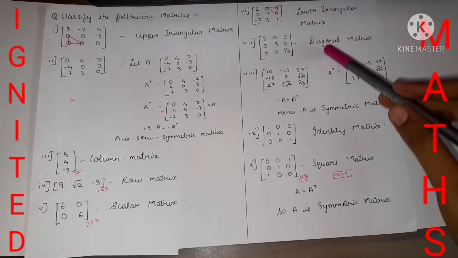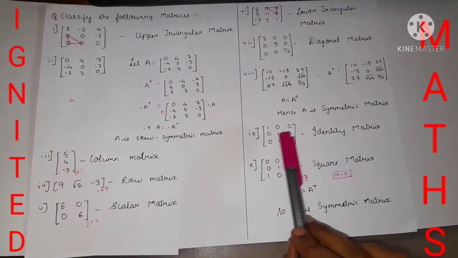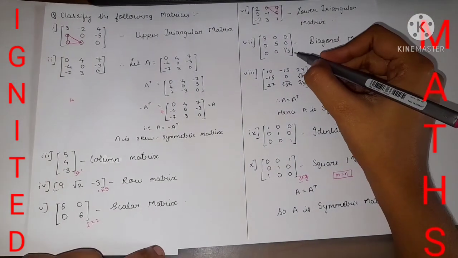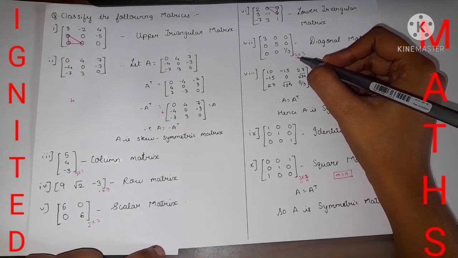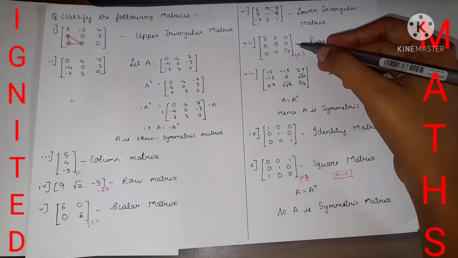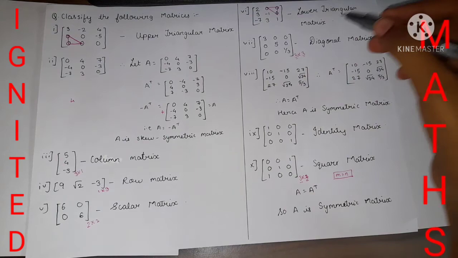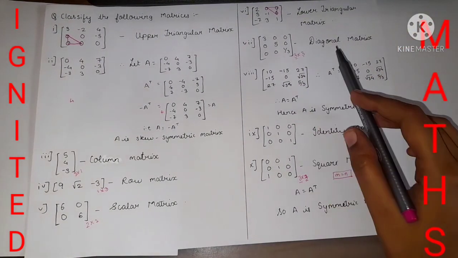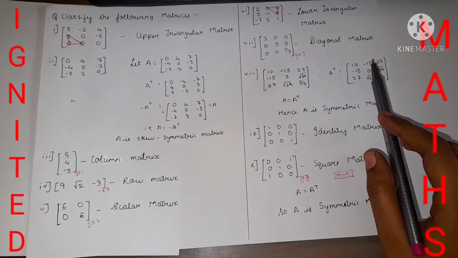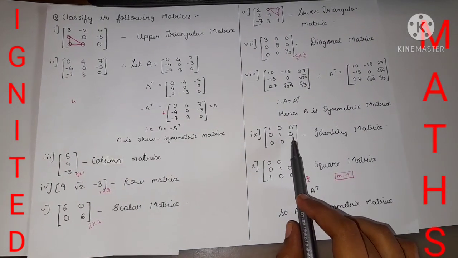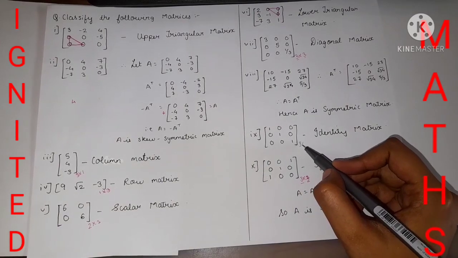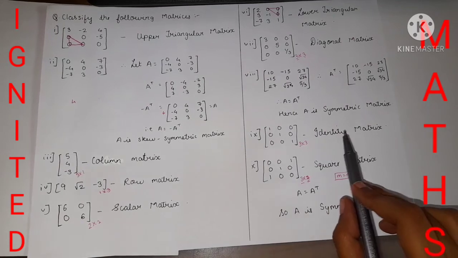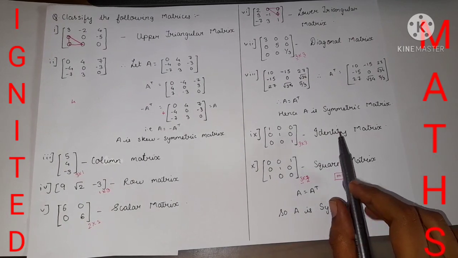Now you can take any example in this column, take the example over here. In this matrix you can see the order is 3 cross 3. Here the m and n values are equal, so it is called a square matrix, and it is also called a diagonal matrix. You can write both, or if you are not getting it, just write square matrix. Now let's take the example over here. The m and n values are equal, that is 3 and 3, so it is called a square matrix, and it is also an identity matrix.